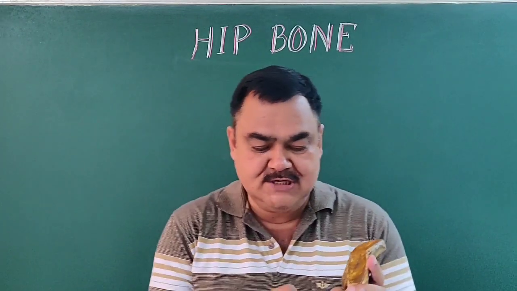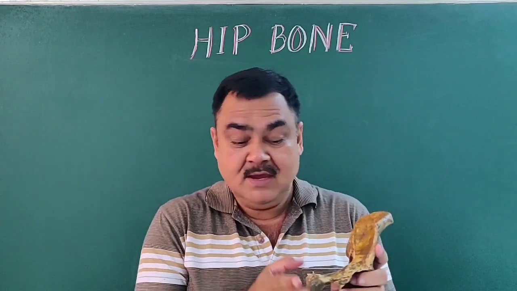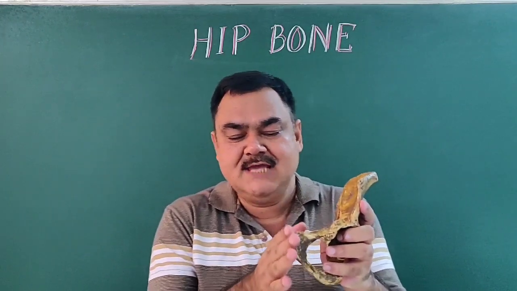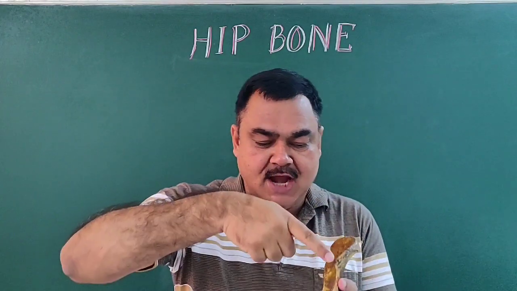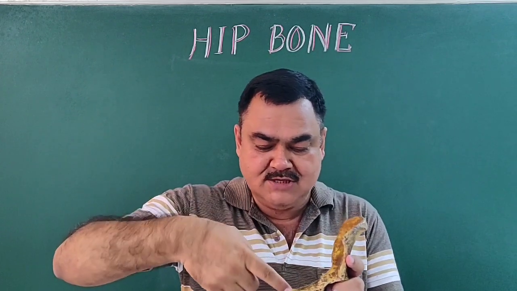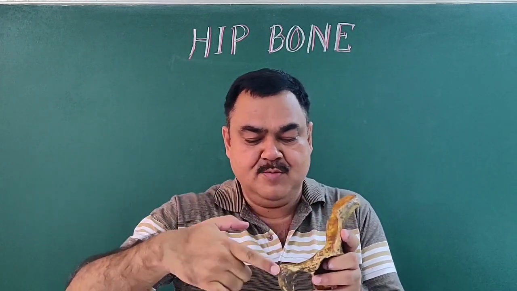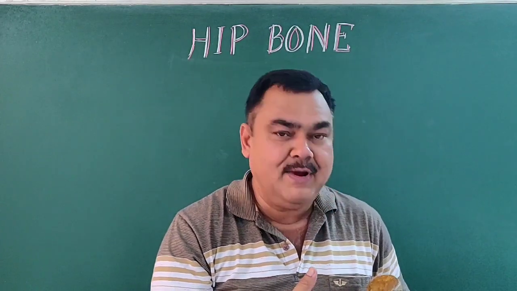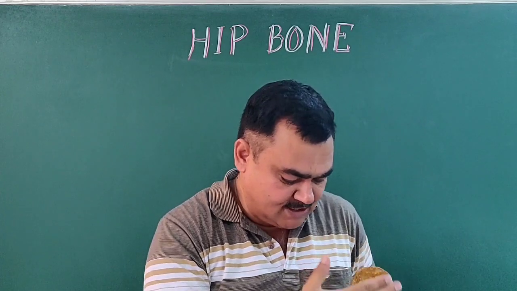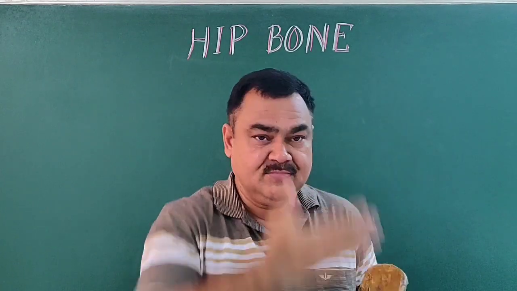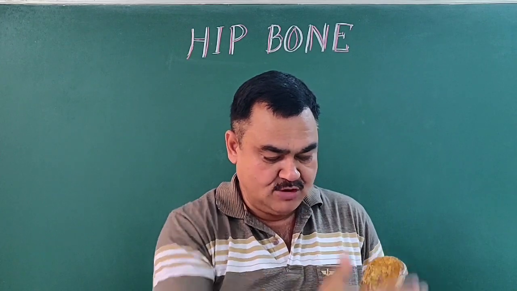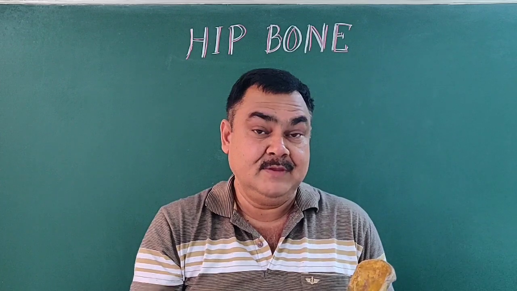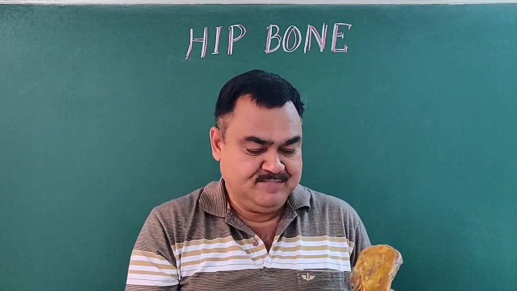So this is pubic symphysis. Here this is the medial surface of the pubis. So here lies the pubic symphysis. So this anterior superior iliac spine, and here you can see pubic symphysis, lies in the same coronal plane. So this is the coronal plane. It lies in the same coronal plane like this: anterior superior iliac spine and pubic symphysis. One thing.